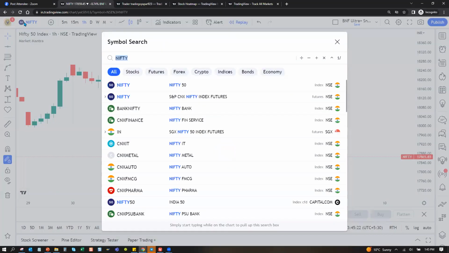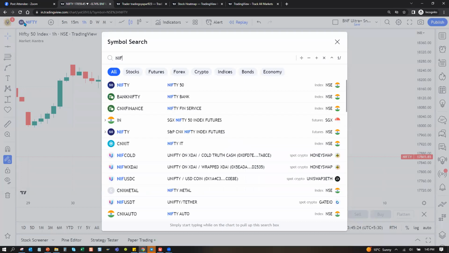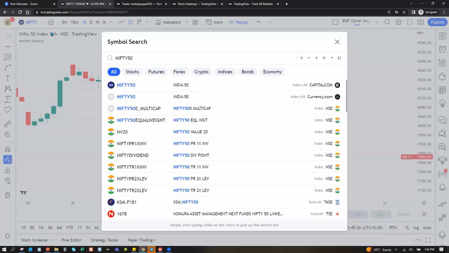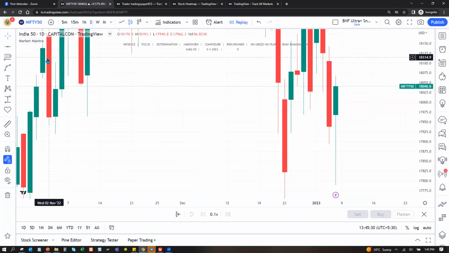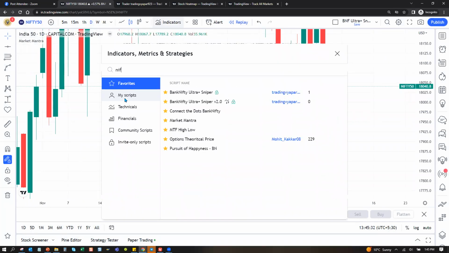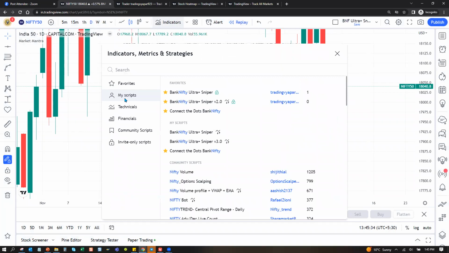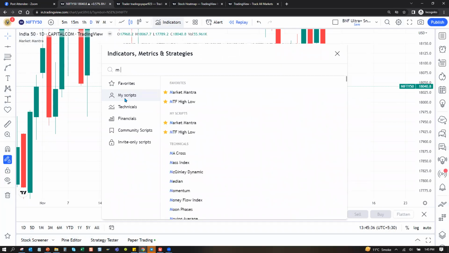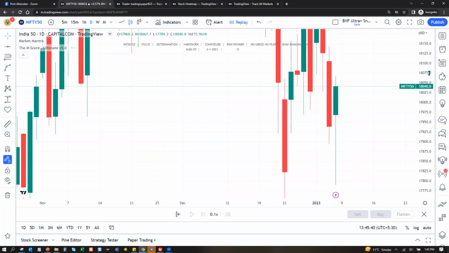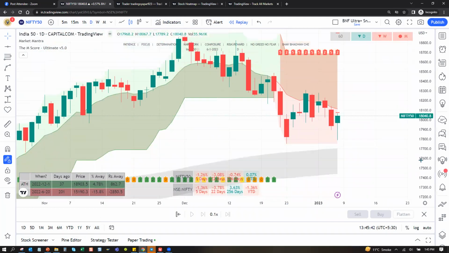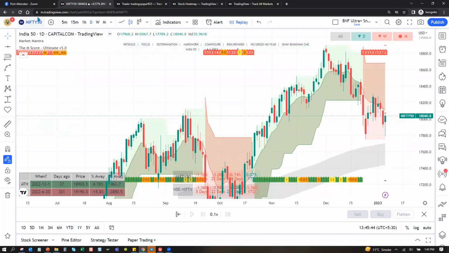Mohit bhai, the bottom RSI, how are you taking it as oversold, overbought? People are telling that it is oversold, but sometimes it keeps moving. So what is the good range to trade for RSI? Yeah, I'll just open M-Score. So in this RSI, one second, what is this chart? Nifty 50 only, no?